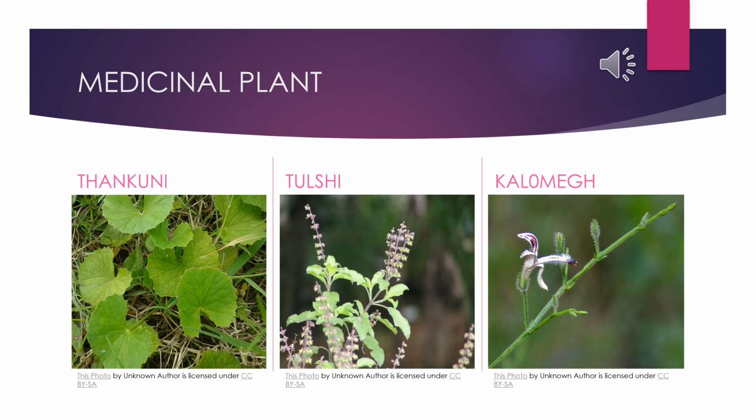The middle one is tulsi. Here we see the flowers and leaves of the tulsi plant. Generally, the juice of tulsi leaf is very useful for curing influenza and diphtheria. Tulsi leaf juice mixed with ginger juice and honey is fed to small children. And the last one is the flower and stem of the kalomag plant. The juice of the kalomag plant is a very effective medicine for curing fever of children, indigestion and liver trouble.